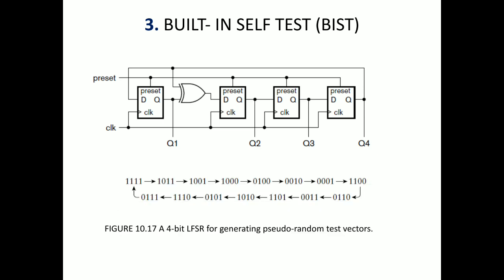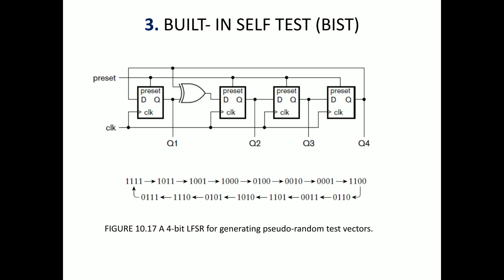This is the pseudo random sequence generated. Starting is 1 1 1 1, next 1 0 1 1, then 1 0 0 1. The arrow points say starting from 1 1 1 1. The arrow mark indicates the shifting of the values from register to register, and those are considered the random sequences. How these random sequences are generated, we'll try to construct by generating a few sequences.